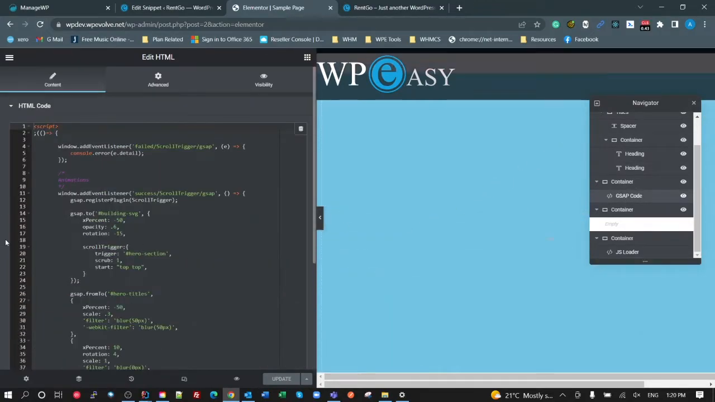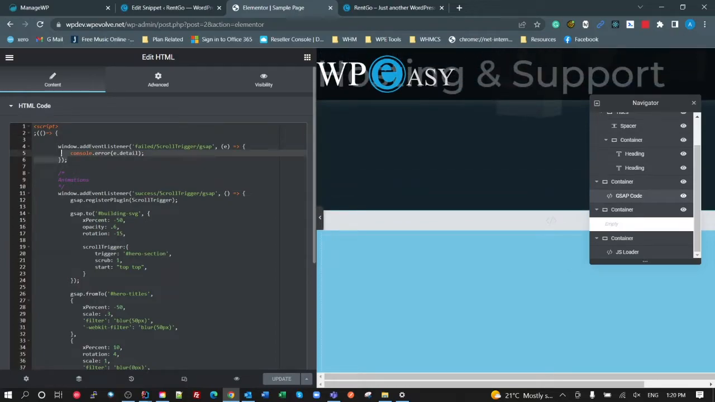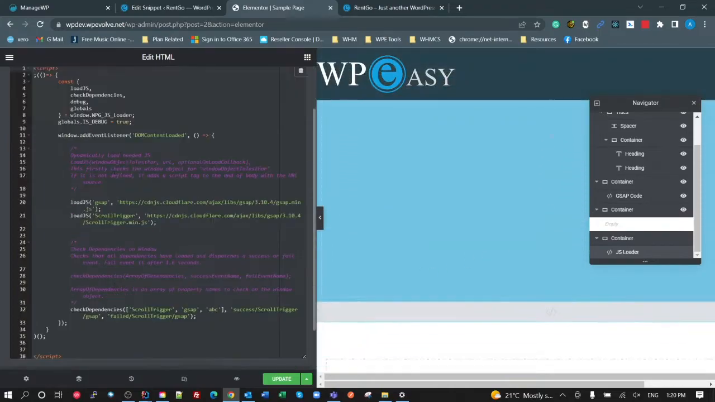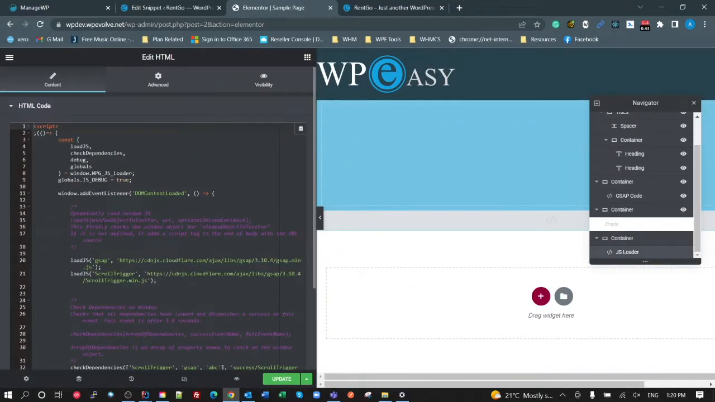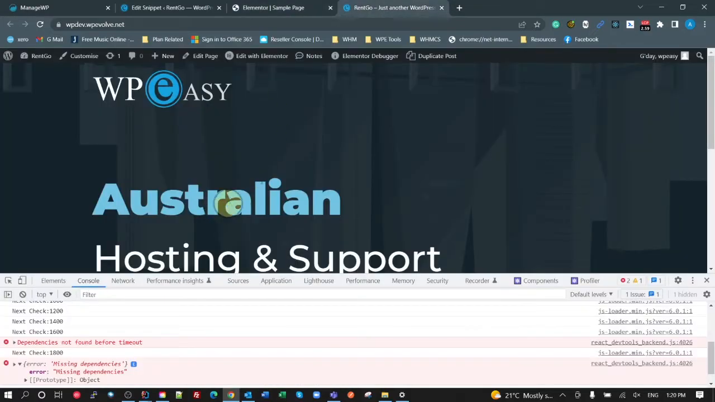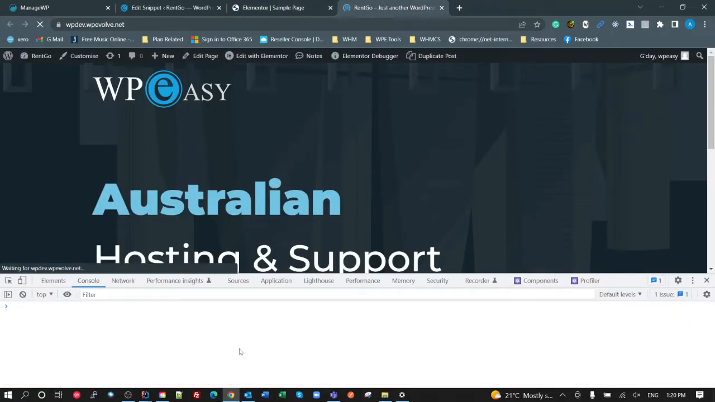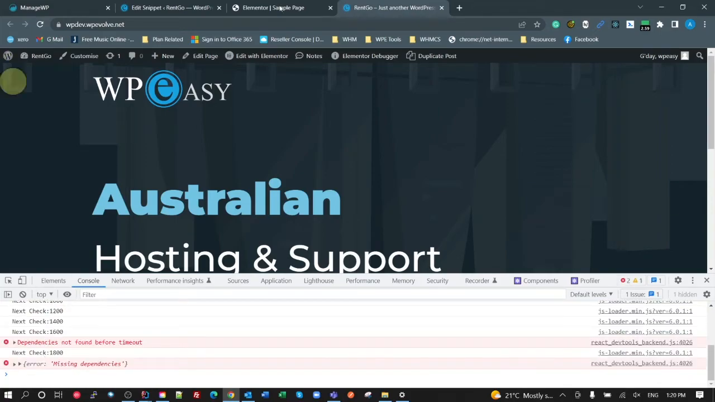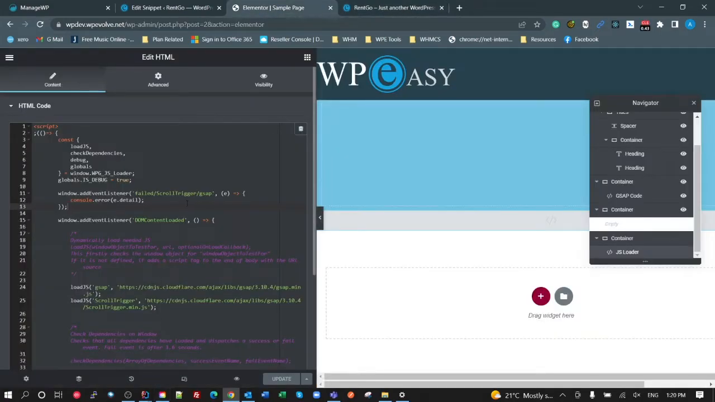gsap code. You can actually take that out. You only want that to run once. Let's stick that here. Same thing. Okay, checking for dependencies, missing dependency. Okay, so this here is outputting the error saying there's a missing dependency